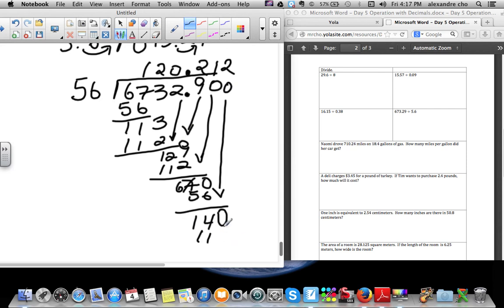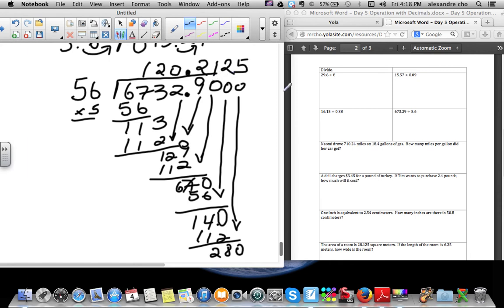112. And 10 minus 2 is 8. 3 minus 1 is 2. 28. What about 20? If I brought another 0 down. 56 goes into 280, I don't know, 5 times? Yes, it does. Actually, it does. The final answer,